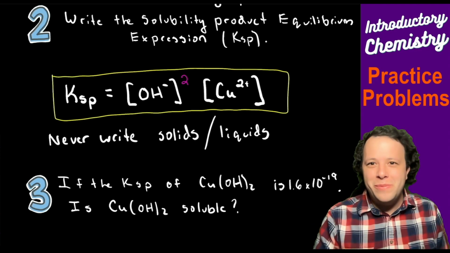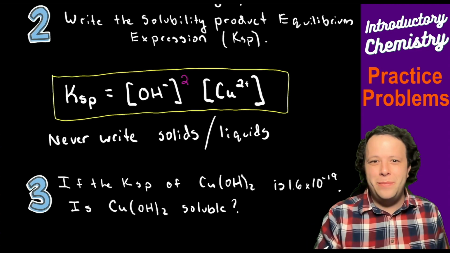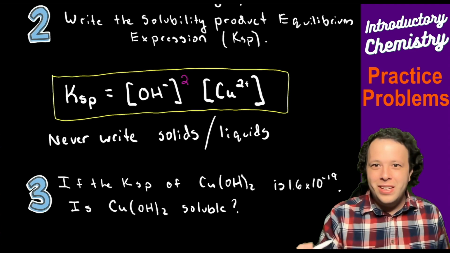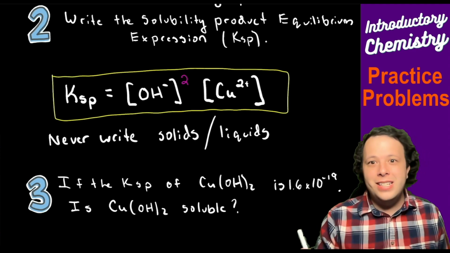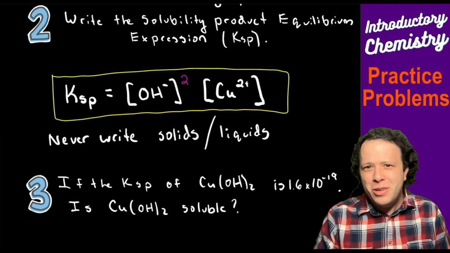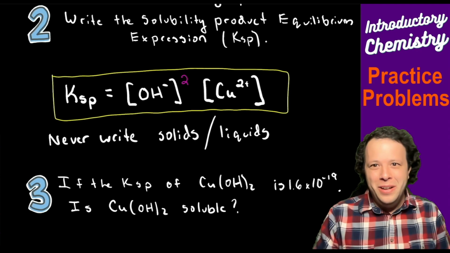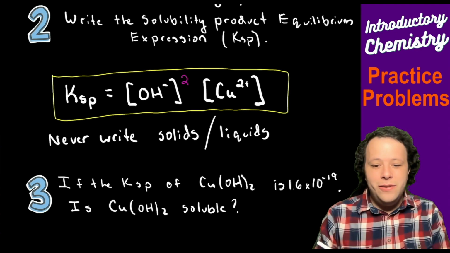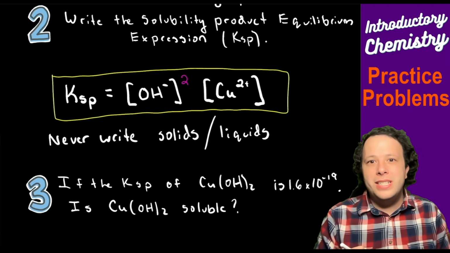Well, what do you mean? Didn't we just do a whole entire solubility expression? Well, based on the K value, that tells you how soluble something is. Is it soluble, or is it relatively insoluble, or partially? So this gives you an idea, if you look at the reaction, 1.6 times 10 to the negative 19.